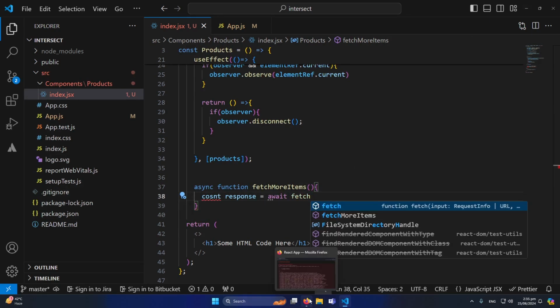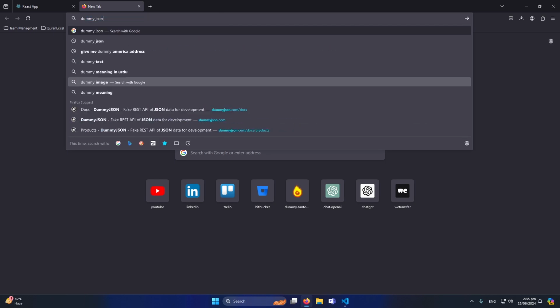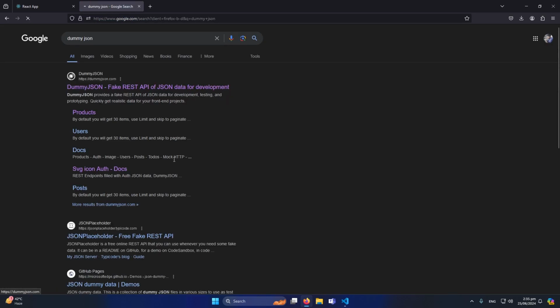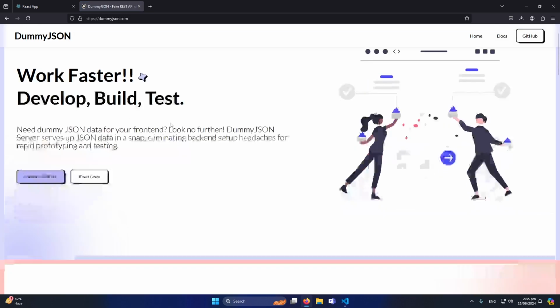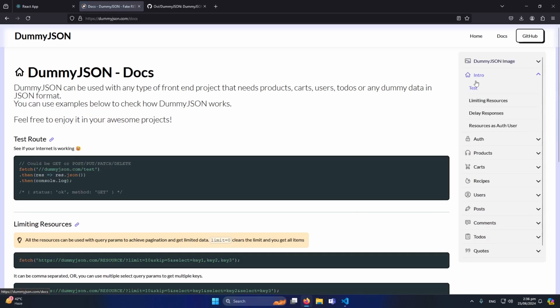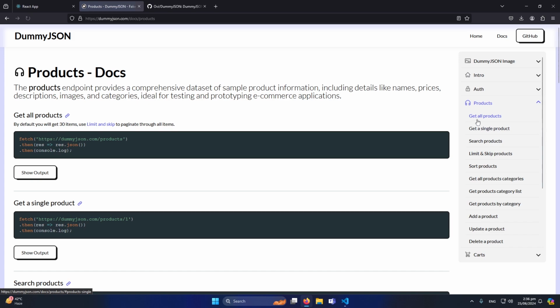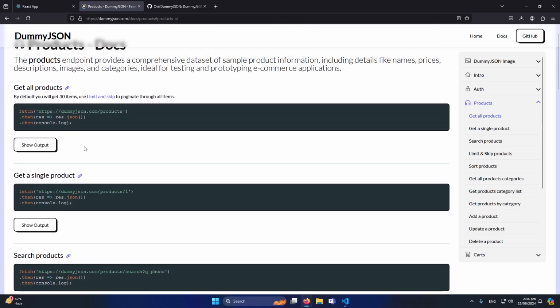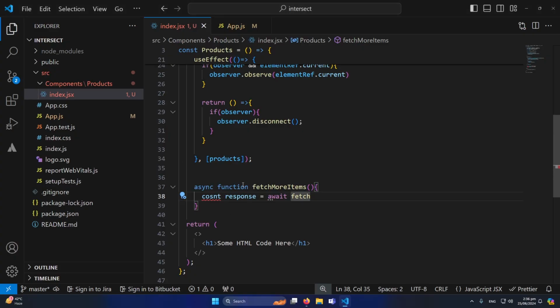As I told you, we are going to use the DummyJSON website to fetch data of the products. So let me open this website, and from here I will click on view on GitHub. Okay, no GitHub, but read docs. And if you can see here, we have the products option and get all products. So you can see that you can call this URL inside your fetch, and I'm going to remove this one from here, like this, dummyjson.com/products, and you can read their API's documentation, but I'm going to type